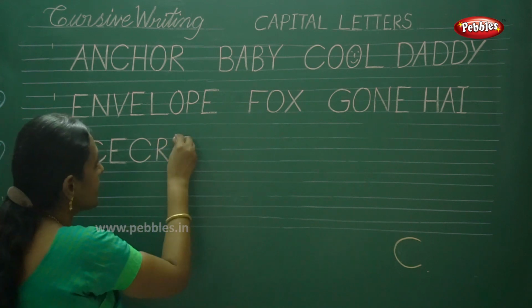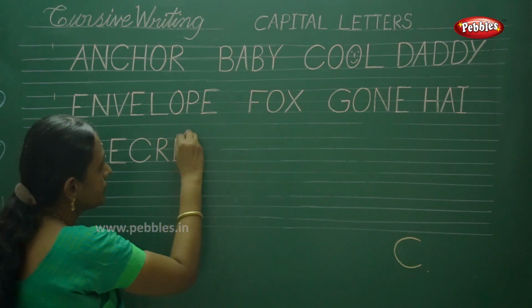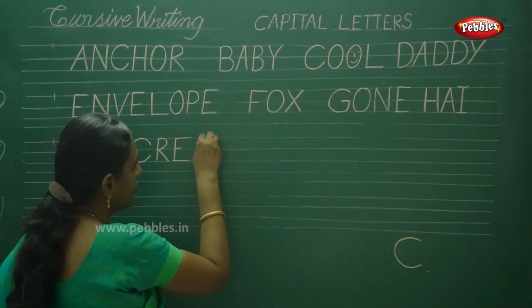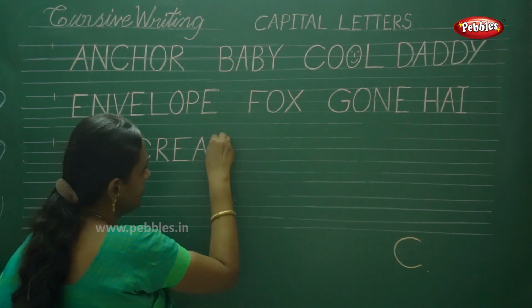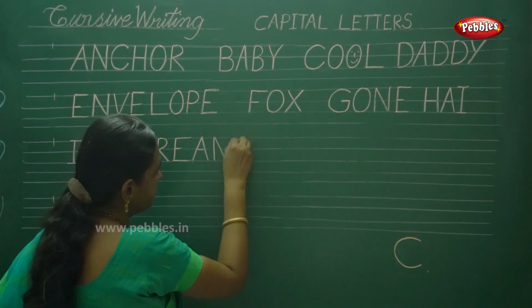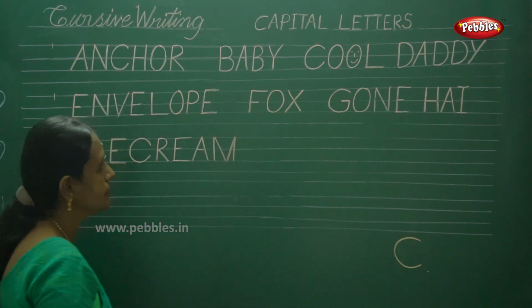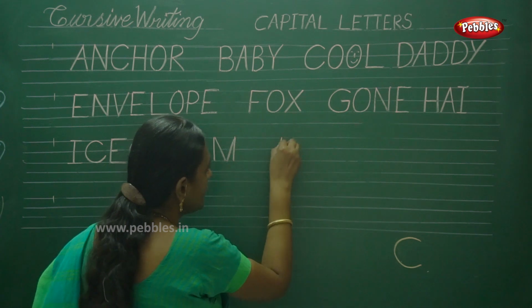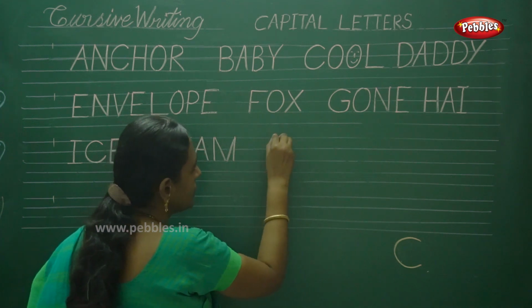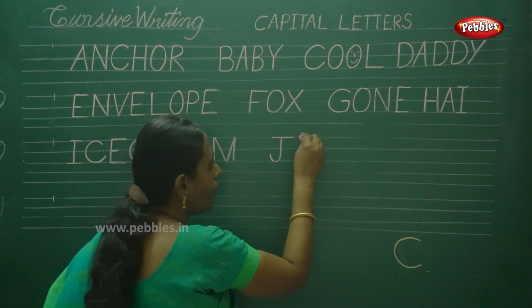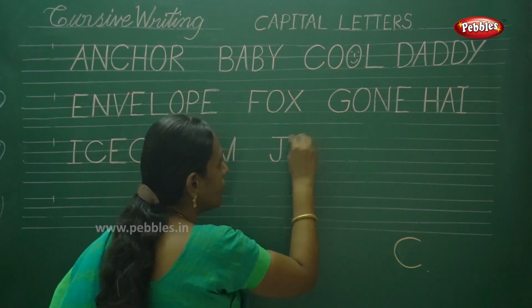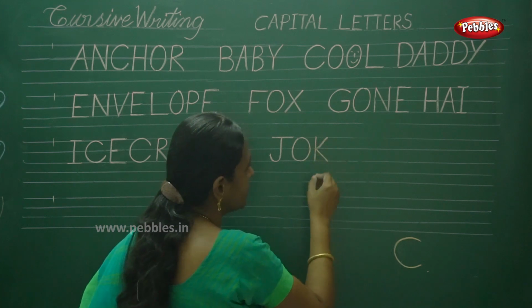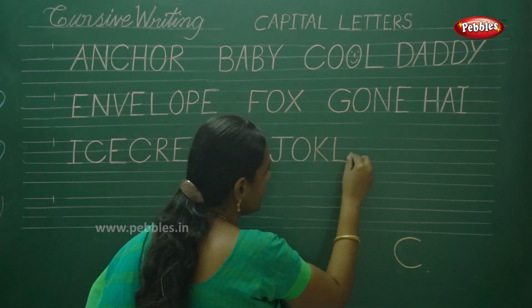Okay, next E, and A, and yum. Okay, ice cream. Okay, then J, O, joker, K and E,